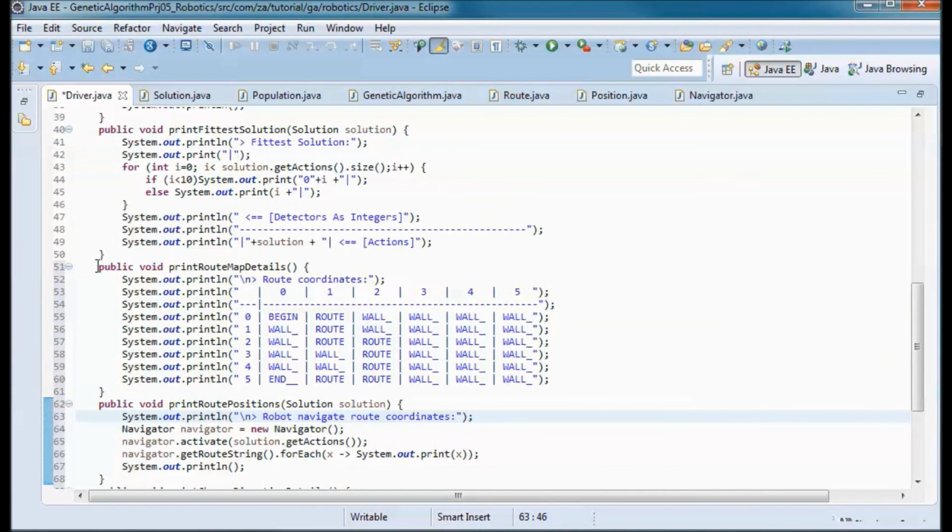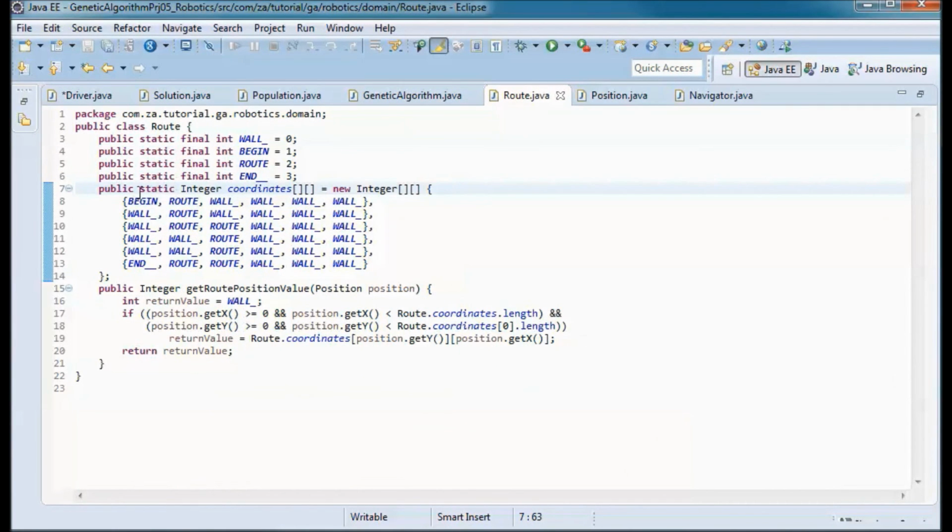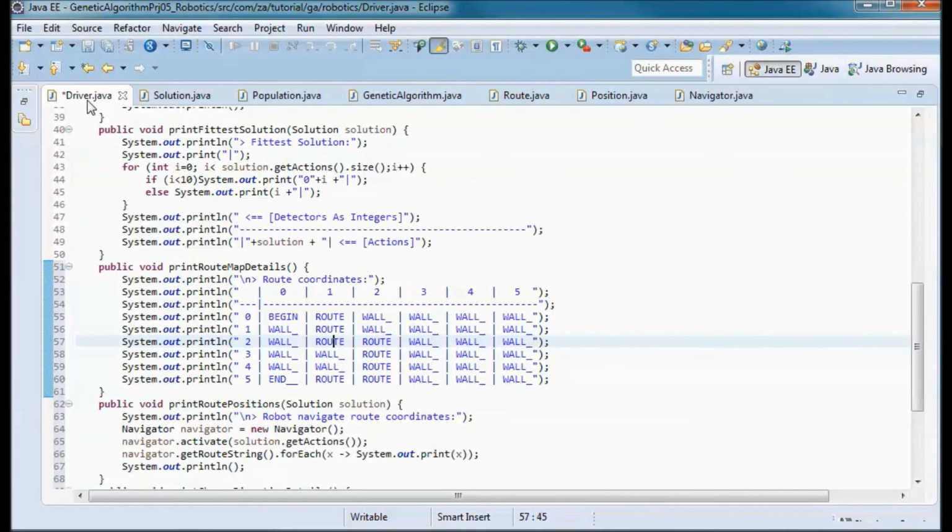So print route map details. All it does is it prints out this route coordinates that we defined here, and this is just for display purposes.